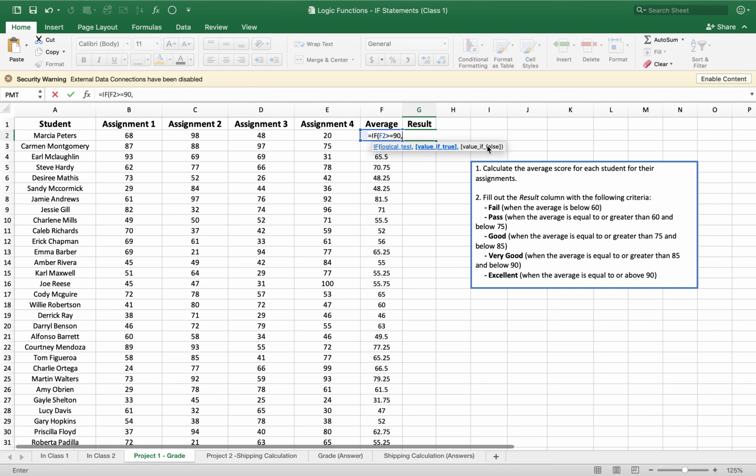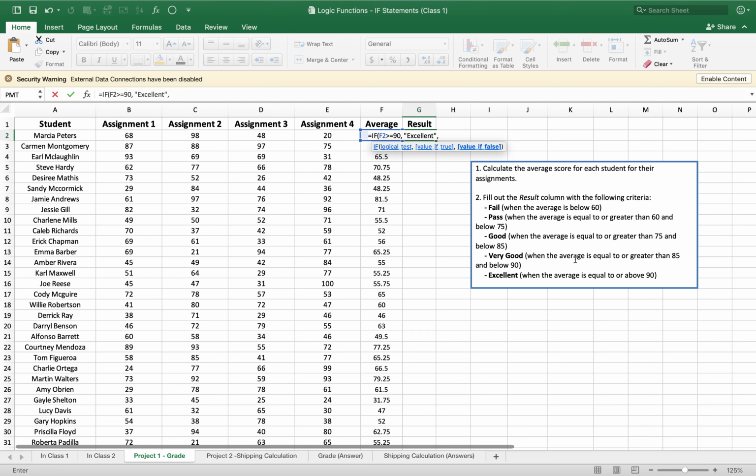Then the true statement is a string, which in this example is excellent. Okay, now instead of going ahead and typing the false statement, we are going to insert another IF statement, which is